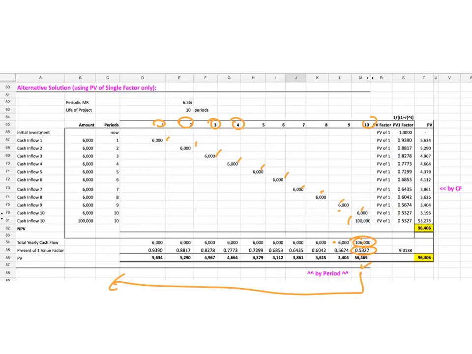You have $600. Here's the present value factor of a single amount, and so that translates to 34.90, 3404. So again, this basically comes here. And so you do the same thing with all of these. And so you sum them up, and that sum comes up to this amount, 96.46. Since you're using the market rate to actually do the present value, the number will end up being different than the initial face. And we can talk about the mechanics like that in a different discussion thread probably. But that's how we came up with the 96.406. And so if we